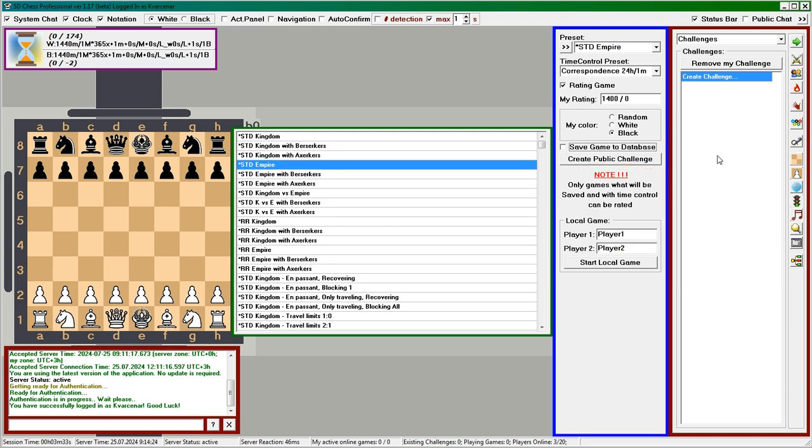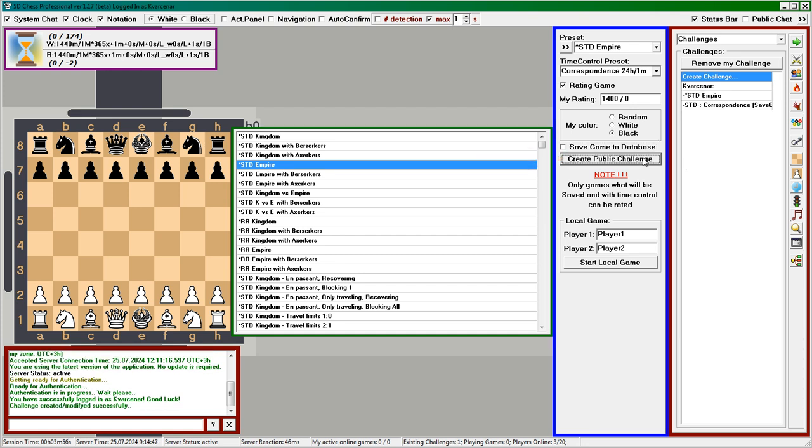After we configured the game we want to play, we can select a local game where we play with ourselves bypassing the server. For these games, we don't need to log in or even have an internet connection. In a local game we can just move pieces and analyze different positions. But we configured all these settings not for the sake of a local game, but for the sake of an open challenge. So let's click Create Open Challenge.